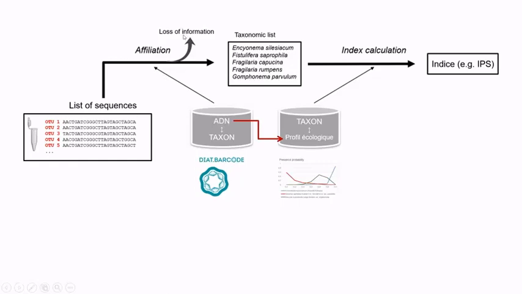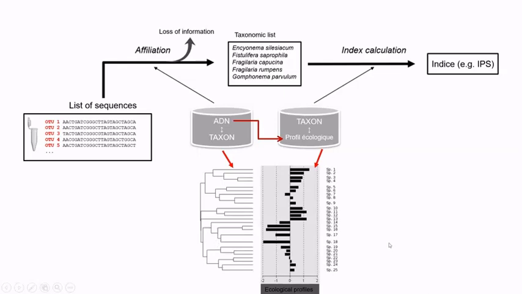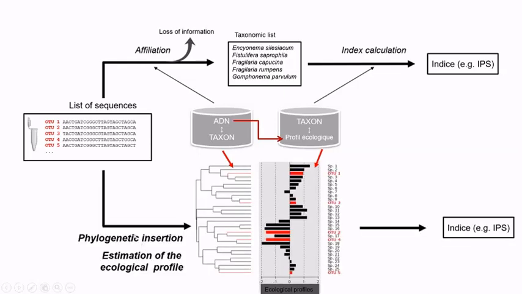But some of them, let's say 20% of them, you don't manage to give them a name because the diatbarcode is not complete enough. So there is a loss of information. And the idea is these lost sequences, the idea is to infer them into the Diatom phylogeny. So for instance, it will be these red unknown sequences. So we make a phylogenetic insertion in the Diatom phylogeny, and we assess their ecological